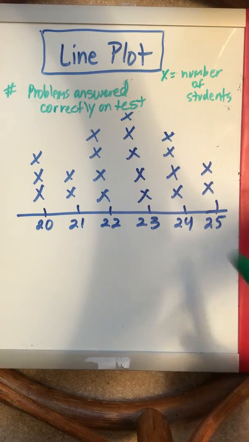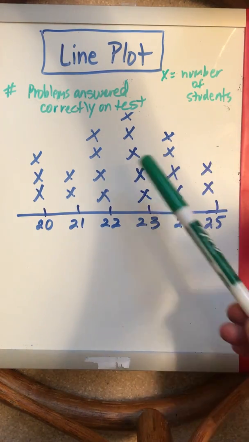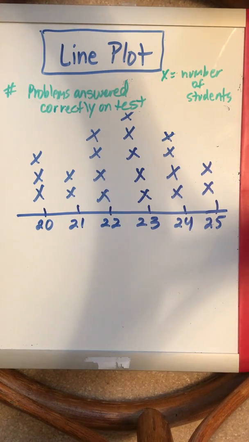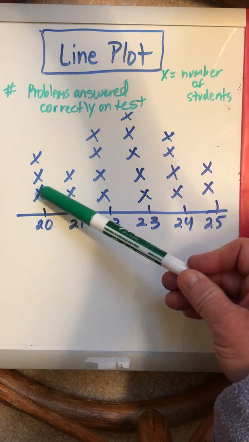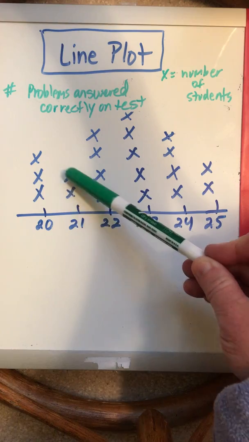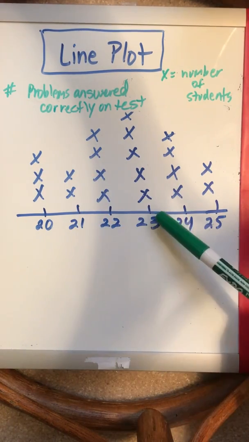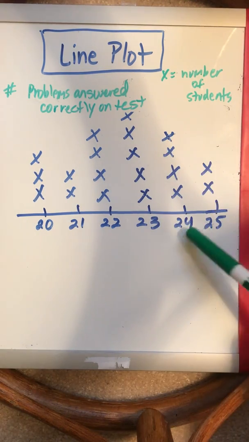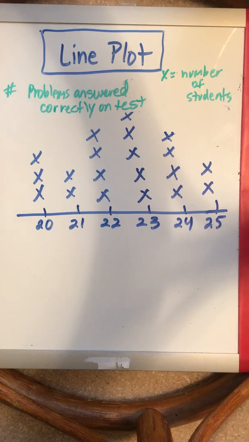Okay, the X's are representing the number of students, and this is a graph that shows the number of problems that were answered correctly on a test. Okay, so there were 3 students that answered 20 of the problems correctly. There were 2 students that answered 21. There were 4 that answered 22. There were 5 that answered 23, 4 that answered 24, and then 2 students answered 25 of the problems correctly